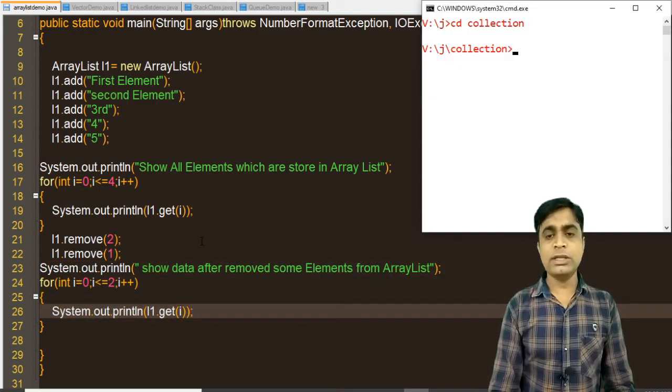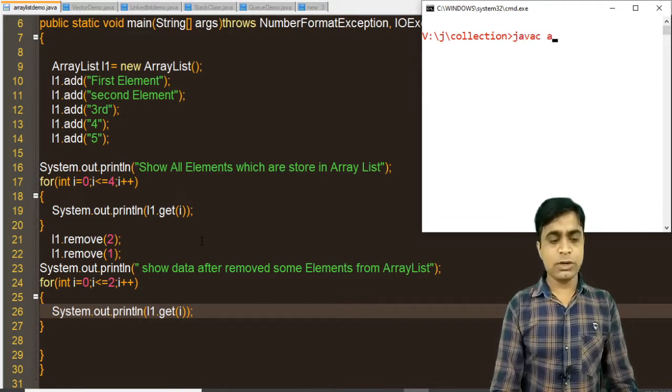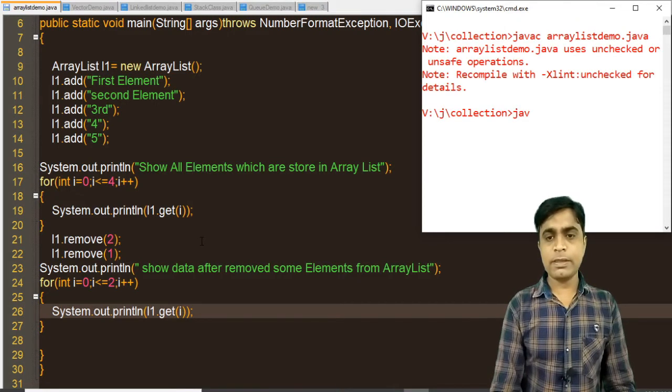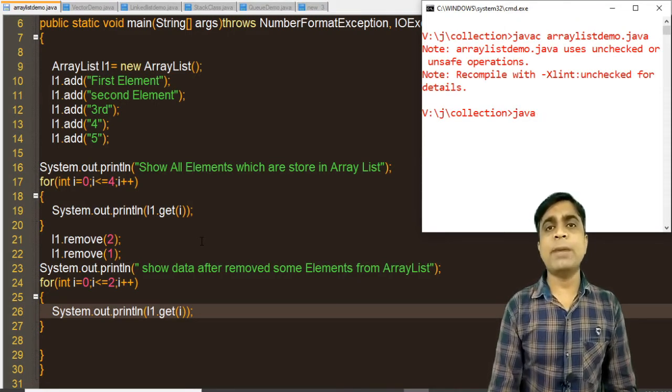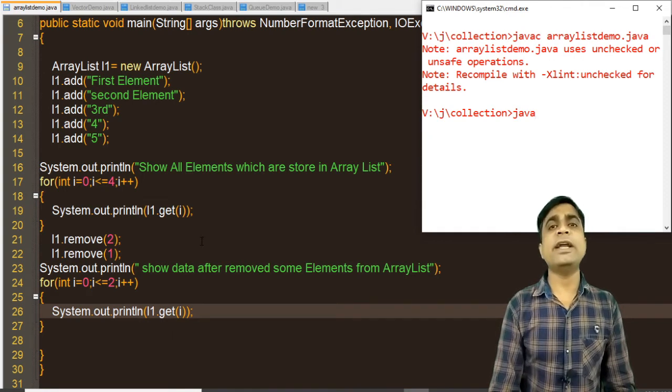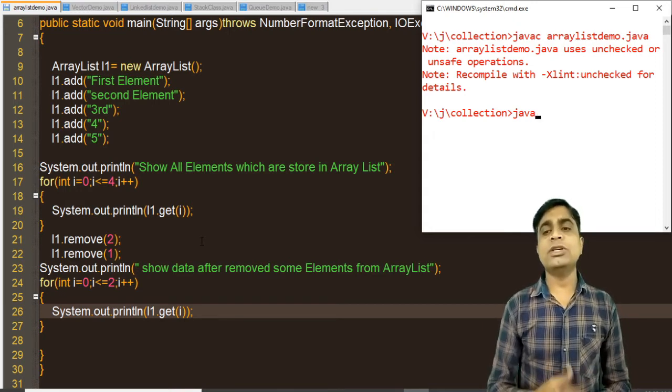So now if you run this code, let's compile first of all. Here ArrayListDemo.java is there. One warning, one note will be displayed when you are compiling, because we have not specified any type for the ArrayList here. That's why it generates a message that you have used an unchecked or unsafe operation.